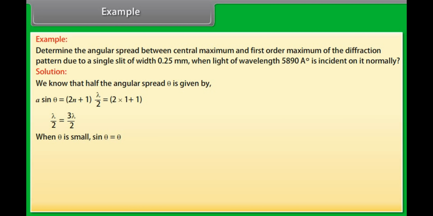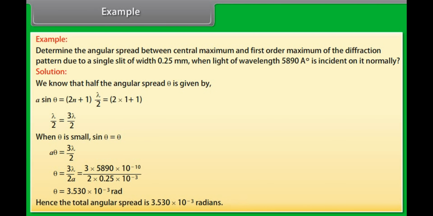It gives a theta = 3 lambda / 2. On putting the values, we get the value of theta = 3.530 × 10^-3. Hence, the total angular spread is equal to 3.530 × 10^-3